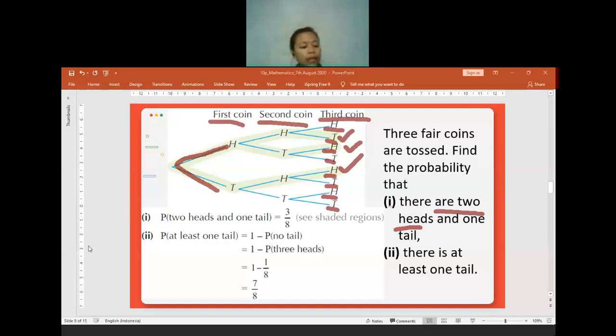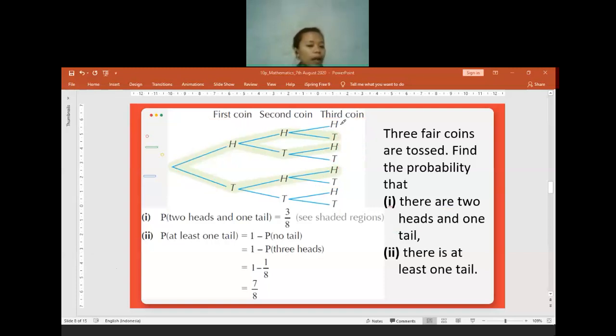If you do not want to do it like this, you can just check it one by one. This is all heads, so no, because the question says at least one tail. This one has a tail, okay. This is HTH, so there is one tail. This is HTT, two tails, so still okay. THH, there is one tail, okay. THT, two tails, so acceptable. TTH, two tails, okay. TTT, three tails, so this is okay. When I check, I have 7 ticks, so I have 7 possibilities. That's why the answer will be 7 per 8.